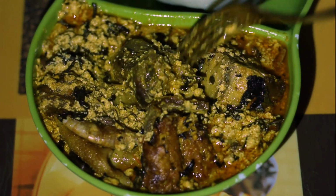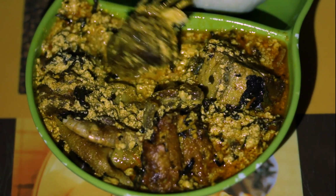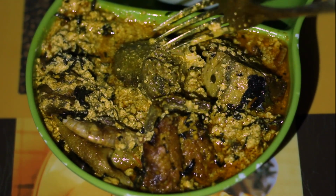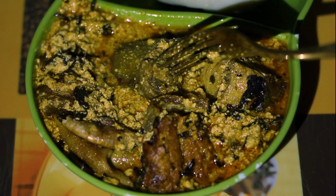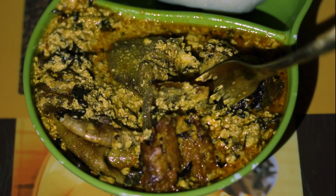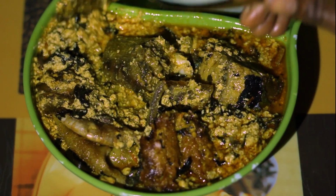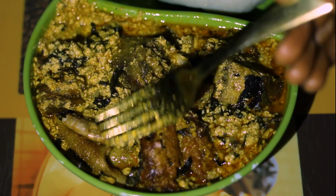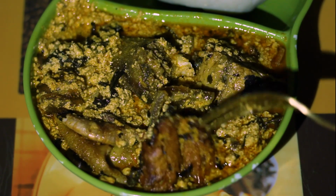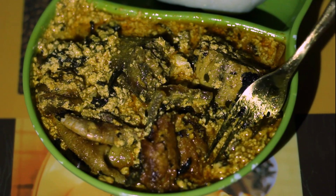Okay, should we talk about the ingredients in this soup first? I'm tempted to do that. Okay, so here is goat meat and it was well defatted. I promise you I'm going to post a video on how to defat your meat because you need that knowledge. Okay, so it was defatted. This is just plain meat and of course in very little quantity. This is prawn, this is cow skin, this is dry fish, regular frozen fish,